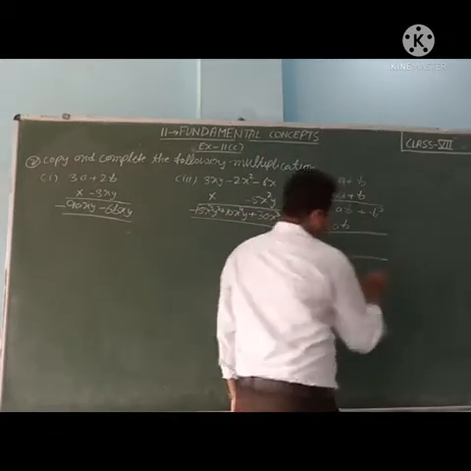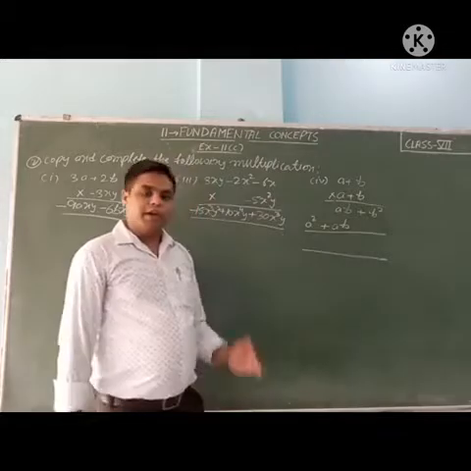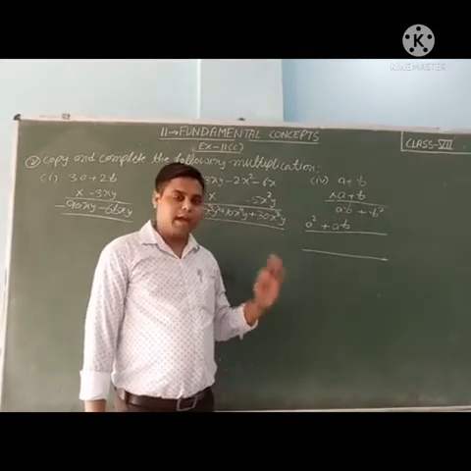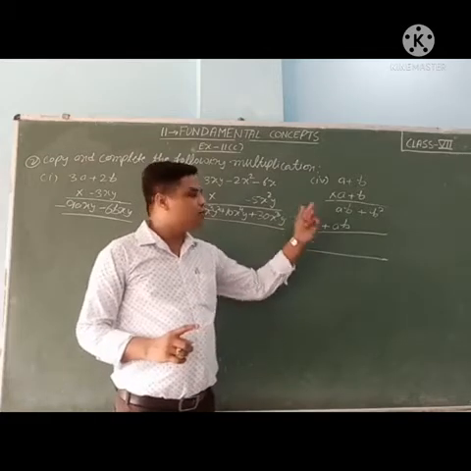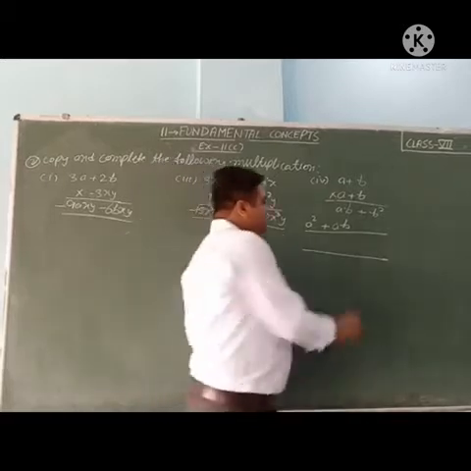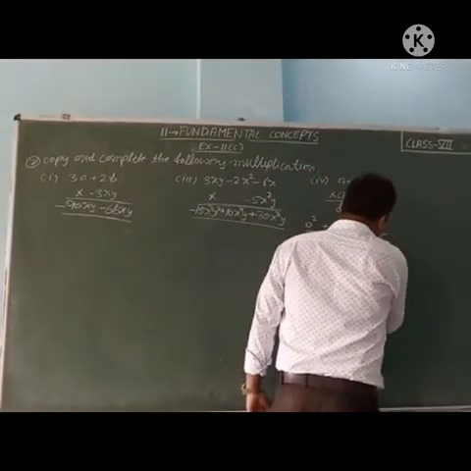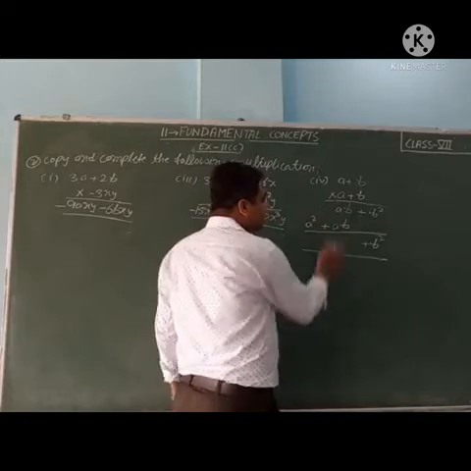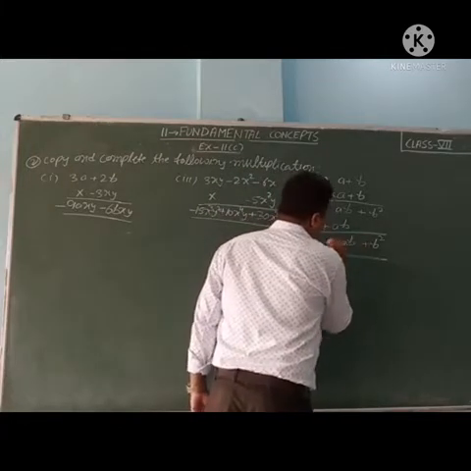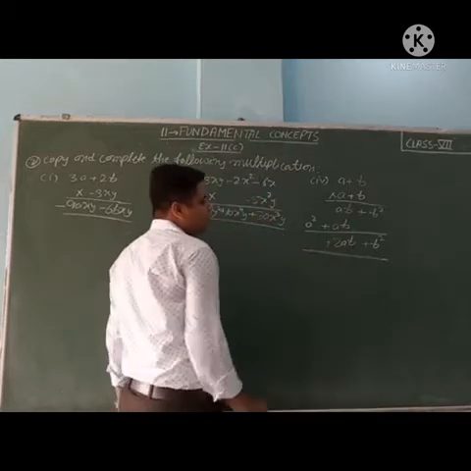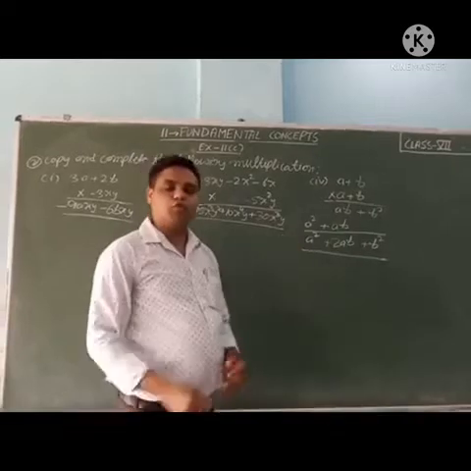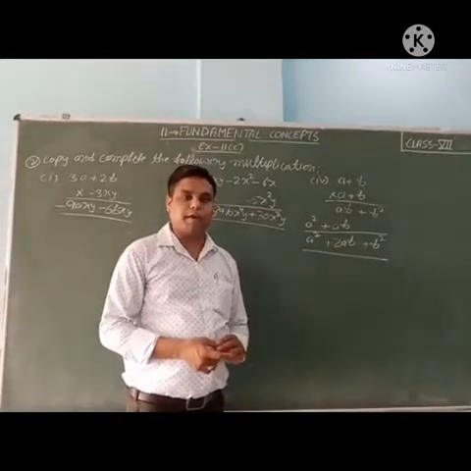Now we will add. Listen students, in second multiplication, if we are having any like term with first multiplying, so we will write under that like terms. So B square as it is, because no variable is here. Then AB plus AB, 2AB, then A square. So answer is A square plus 2AB plus B square.